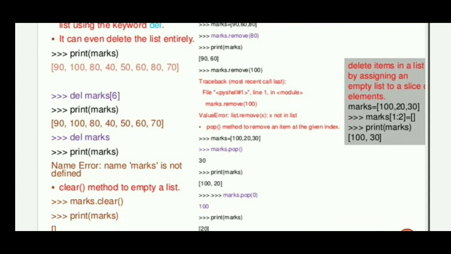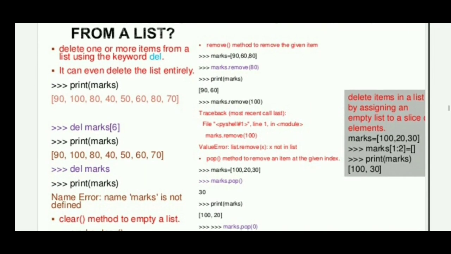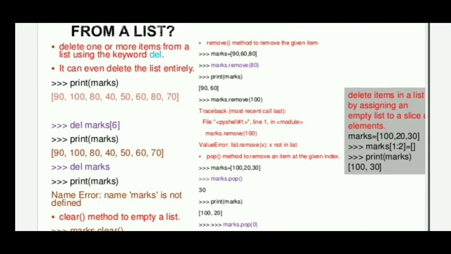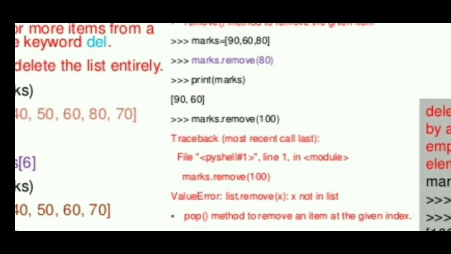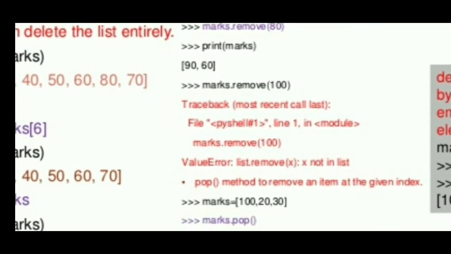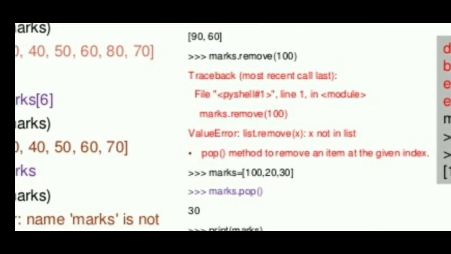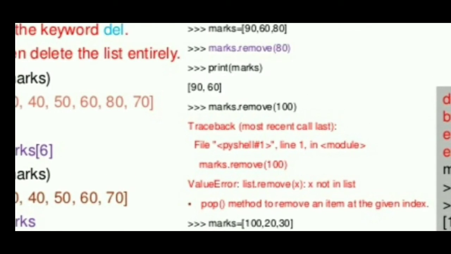Clear method to empty the list. So marks.clear() will delete all elements present in the particular list. Let us see a small example. Remove method to remove the given item. So marks is 90, 60, 80, and when you write marks.remove(80) and print it, it will show 90, 60. When you write marks.remove(100), it will show an error because no such value is present